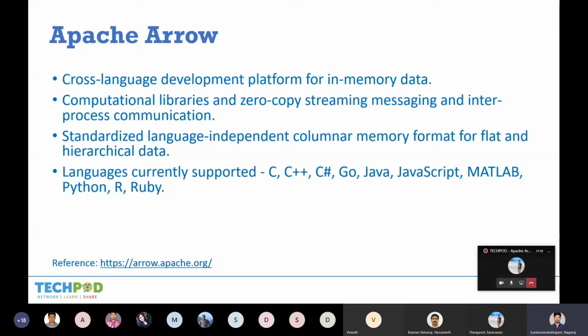These two are the main mechanisms in Apache Arrow that improve performance a lot over the traditional method. One is zero copy, another is the columnar data store. Obviously Apache Arrow supports many programming languages like C, C++, C Sharp, Java, Python, everything.